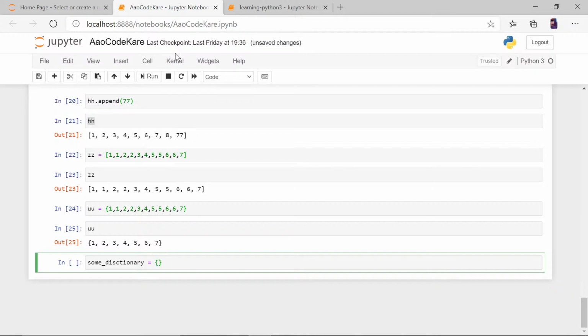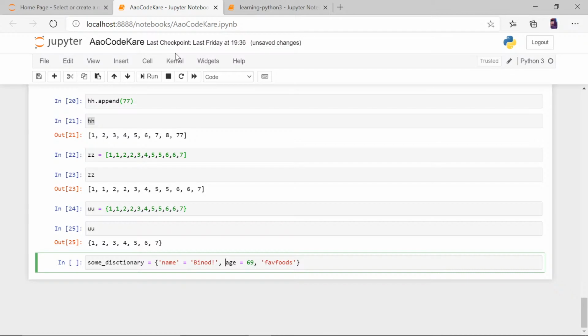So quickly, bracket. Let's say name is equal to Binod, comma, age is equal to 59, comma, fav food.